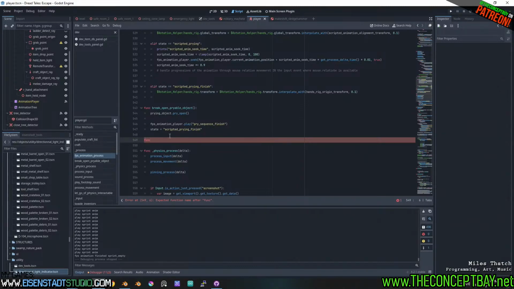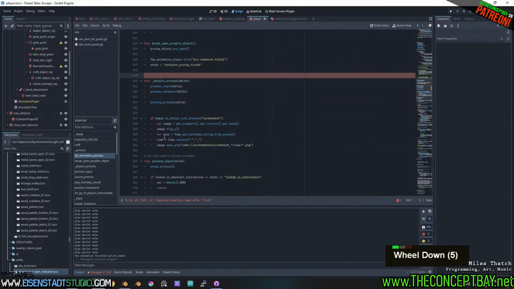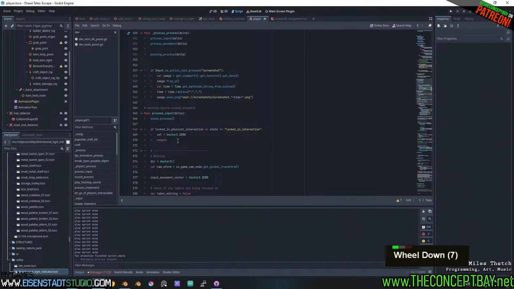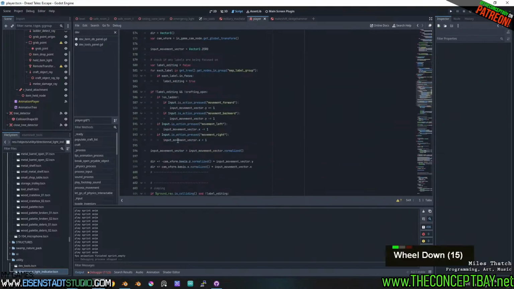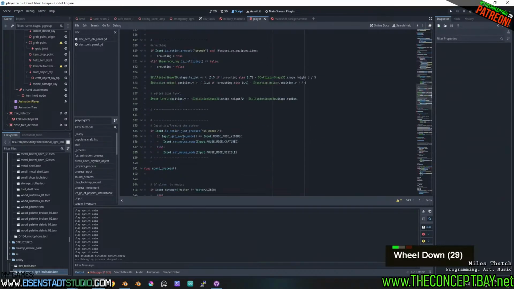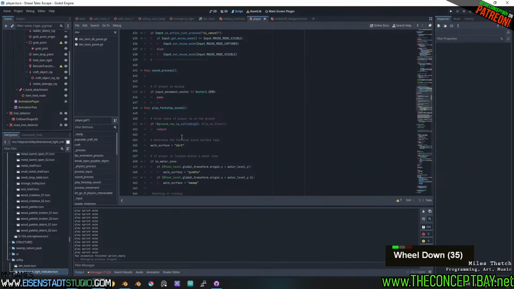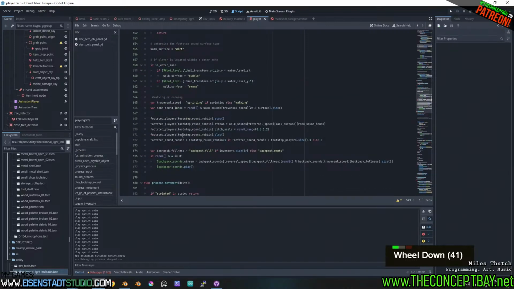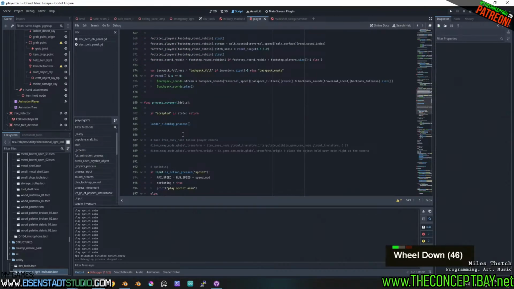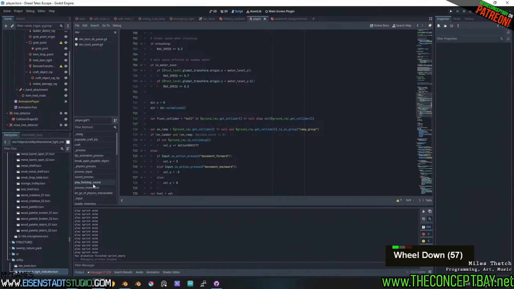We have a place where we do item interaction before we commit to this. We have one where we work with the radio. So, what do we have here? FPS animation process, break open priable object, process input sound process, play footsteps, process movement,